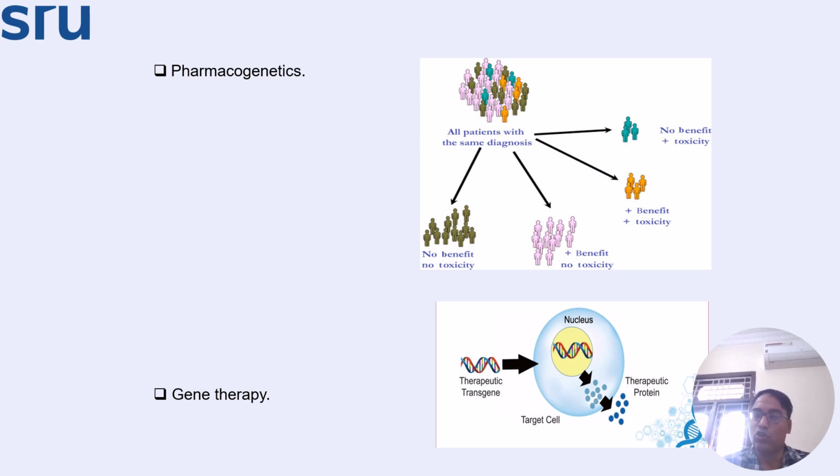See, no benefit, no toxicity, nothing happens. The medicine doesn't help either. Benefit, no toxicity at all. The medicine is not toxic to them. So this is what is expected. Here the benefit is there, toxicity is also there, meaning side effects. No benefit plus toxicity. This diverse spread of disease, same medicine, but four different effects are going on. And all this is because of their genetics involvement, the sequence of DNA involved there.